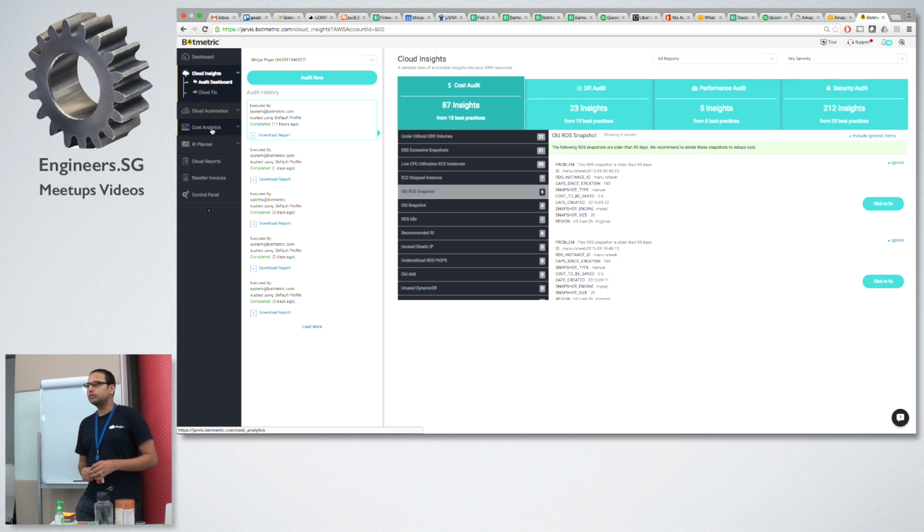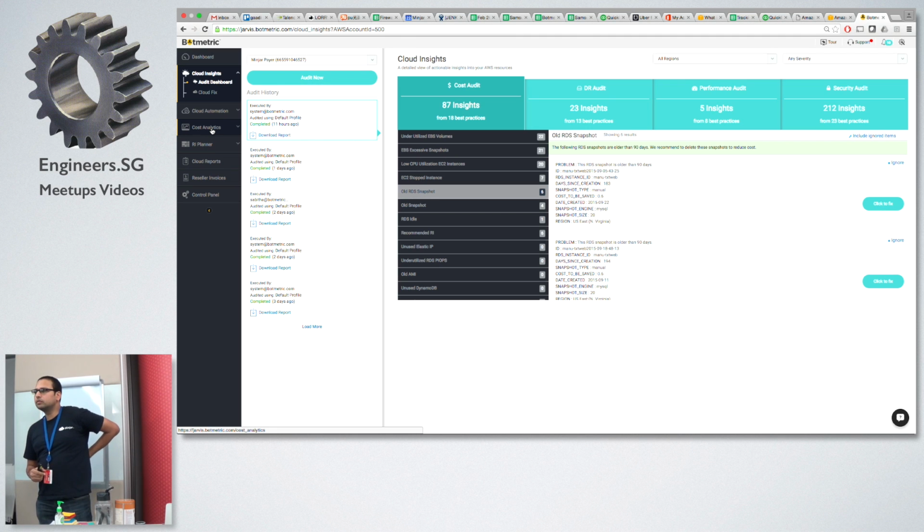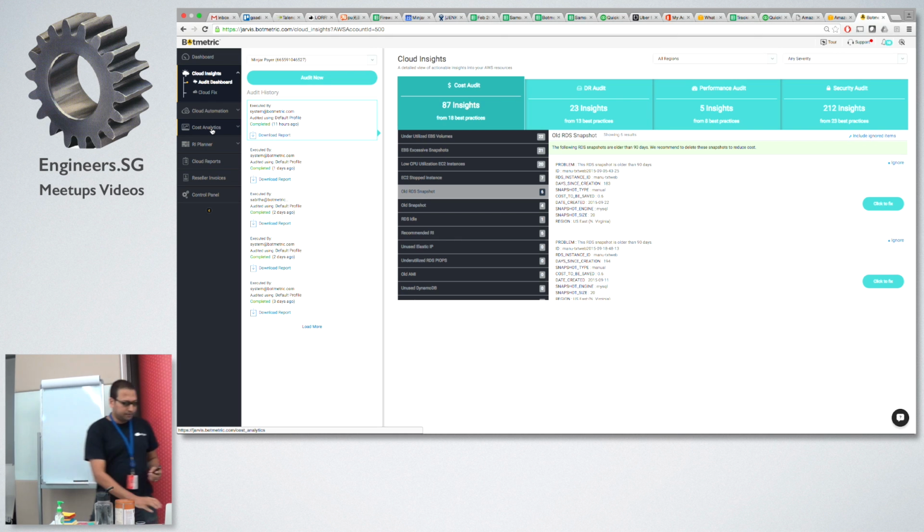I'm interested in the auditing capability, the audit dashboard. Can I say this has some sort of pre-baked audit templates based on industry standards like PCI, so that I can scan my estate against it? Right, you can customize the rules which are listed here on the left side. You can choose which rules are relevant for you and which are not. Coming to compliance requirements like PCI, that is in the roadmap, and I expect it to come into the product by end of 2016.